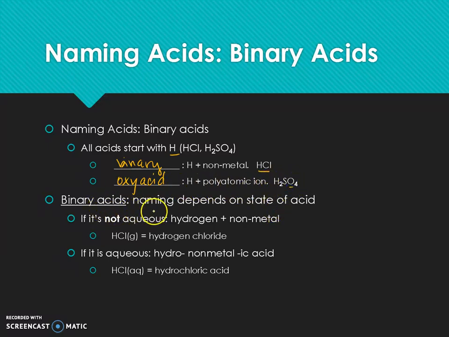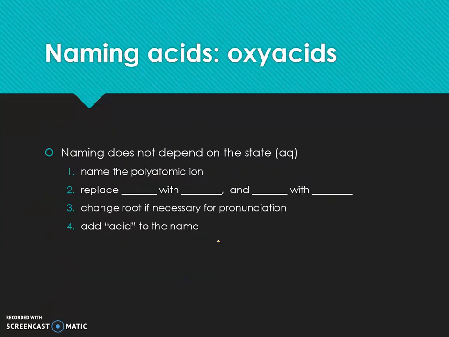All right, binary acids, the name depends on the state of the acid. If it's not aqueous, we just say hydrogen plus whatever the nonmetal is. So this would be hydrogen chloride because it's a gas. If it's aqueous, we have to name it as an acid. So HCl aqueous would be hydrochloric acid. All right, just review. All right, with an oxyacid, naming does not depend on the state, whether it's aqueous or